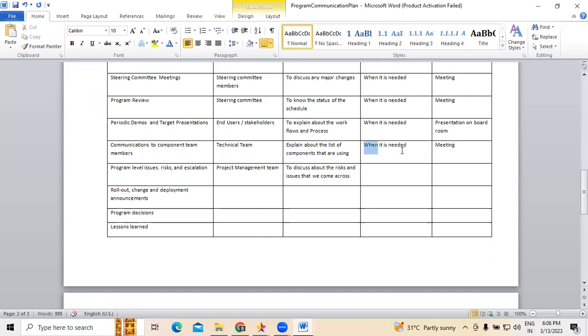Right. So program level issues, when and wherever it is needed. Rollout change and deployment announcements. This is with the change management team, and at the same time the deployment team, to know about the process layouts.